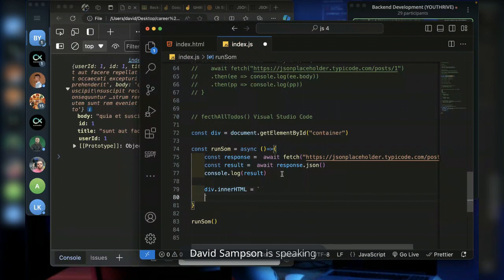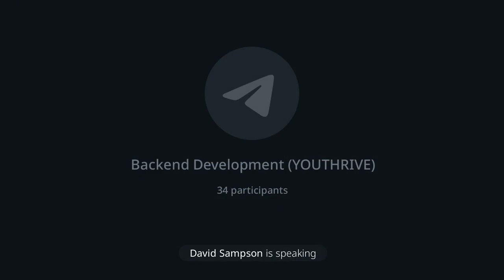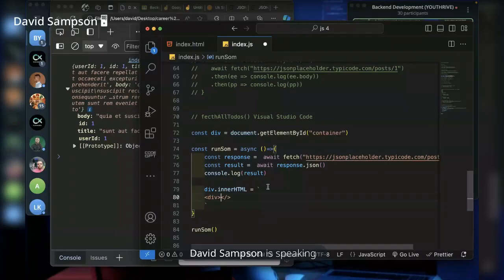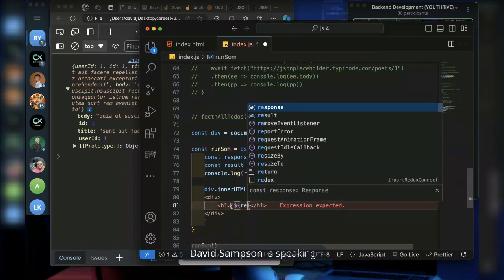So what I want to do is this. I'll pick that div and say dot innerHTML. So I want to add HTML inside it. So I'll put backticks and open it. Inside these backticks, I will add a div and close it up. So here is the div and the closing div is here. Inside the div, I want to add the title with H1. So I will put an H1 tag here, close it.